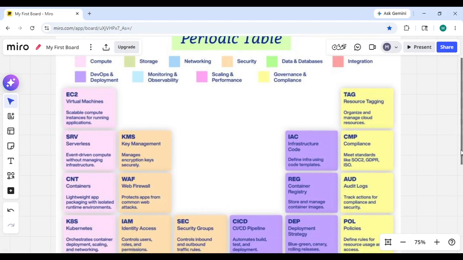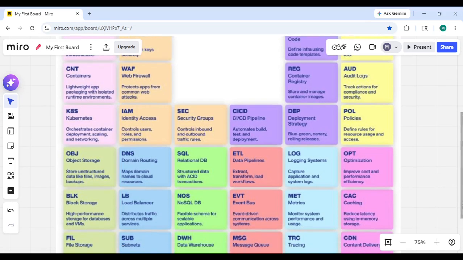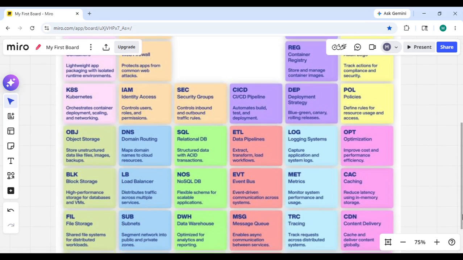Storage is where you store any type of file, any type of database, all these things. We have object storage, block storage, and file storage, all these things.